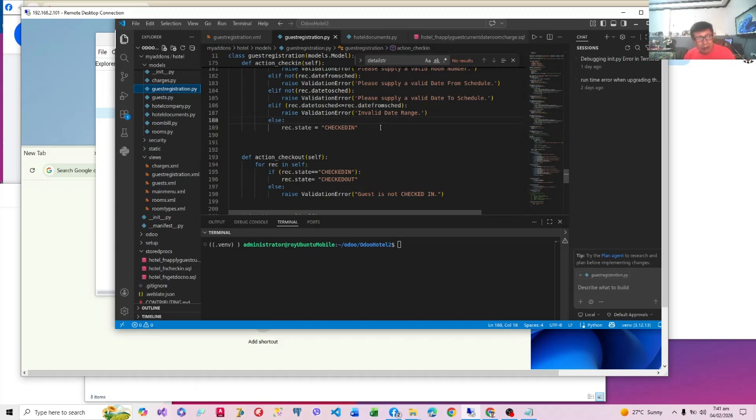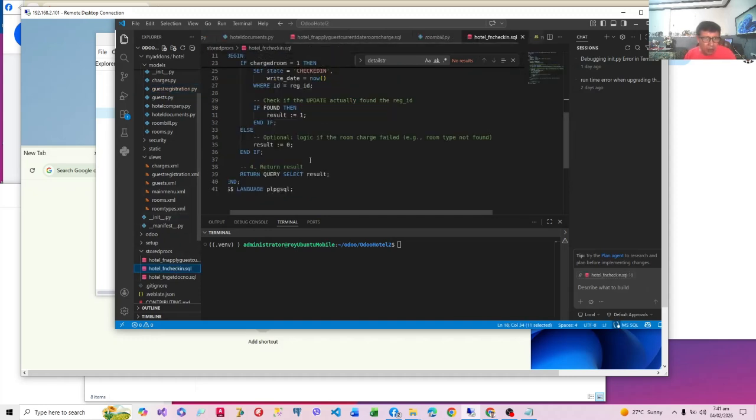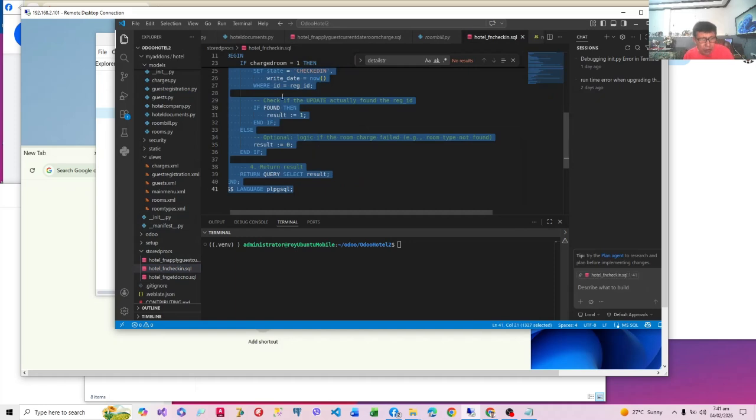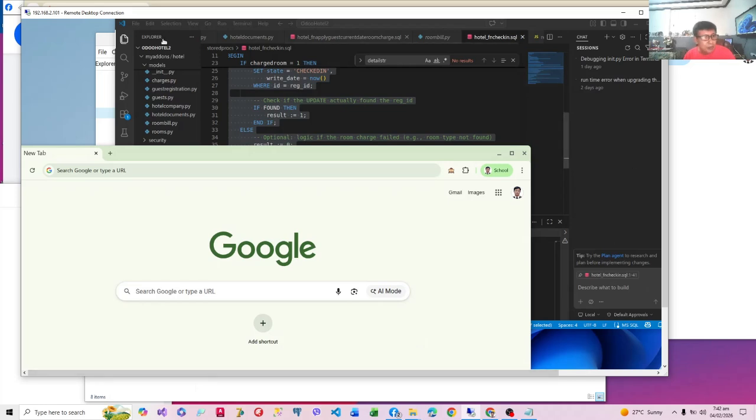So for other people, the next time around, it will give you trouble, no? So it's better that we bury the logic in PostgreSQL. By the way, let me run that function to check in PostgreSQL. So it's always good to know PostgreSQL, because it will improve the performance of